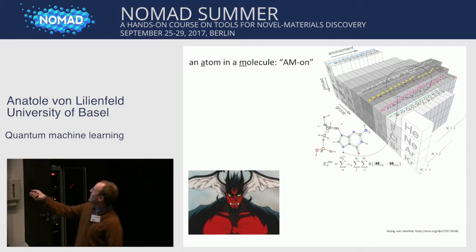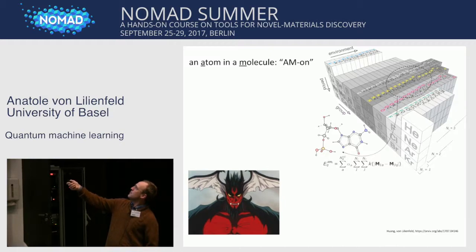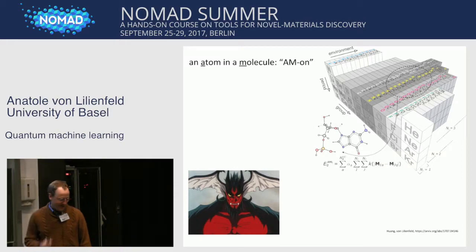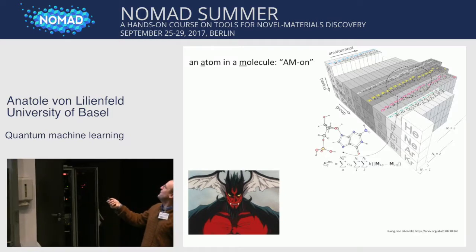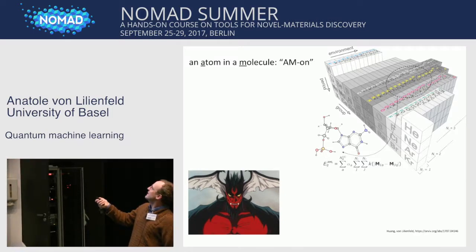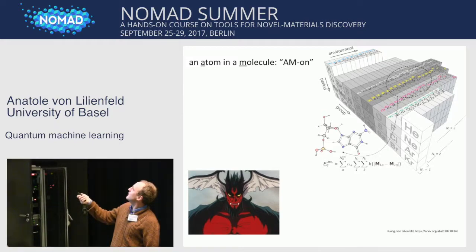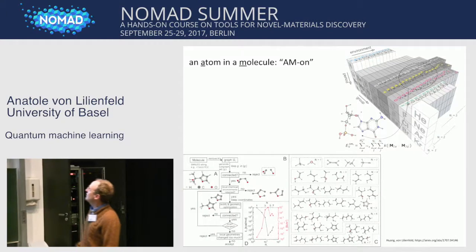Since this is really based on this idea of an atom in a molecule, we baptized this the AMON. And it just so happens that it's also associated with funny pictures like this on the internet. You can think of this as an extension of the periodic table where you include the environment for each element. So we want training sets consisting of these fragments, and then you train your coefficients on those to predict a new query.